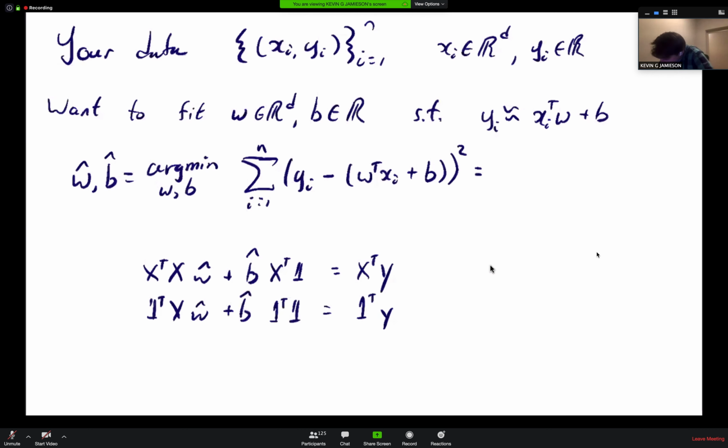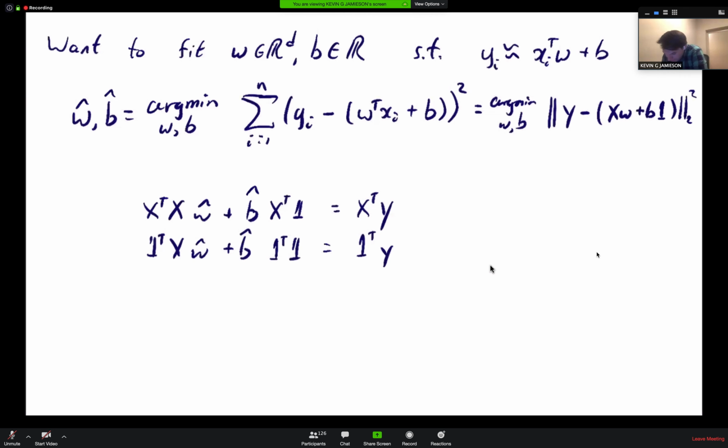And this is, of course, just rewriting this equation in vector notation: y minus x w plus b with an all ones vector. These are equivalent formulations, and then we just take the derivatives with respect to vector w and b and solve for them. So what we see here, though, is that